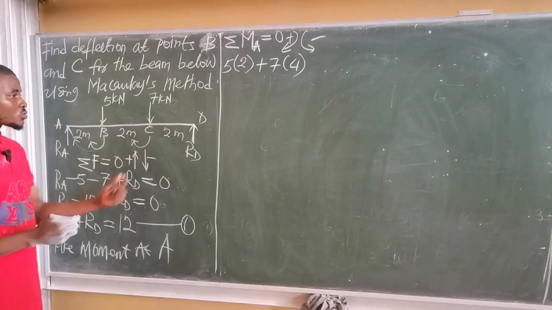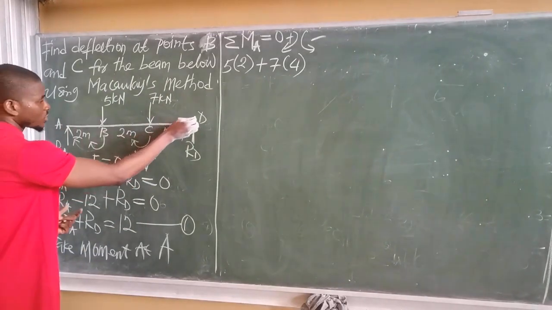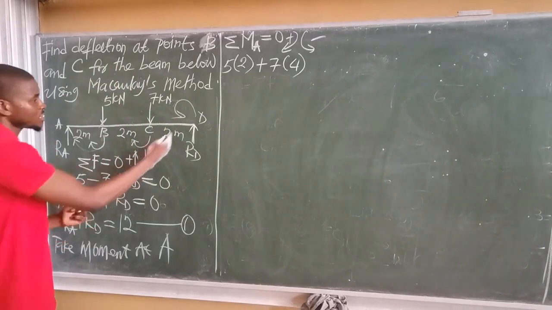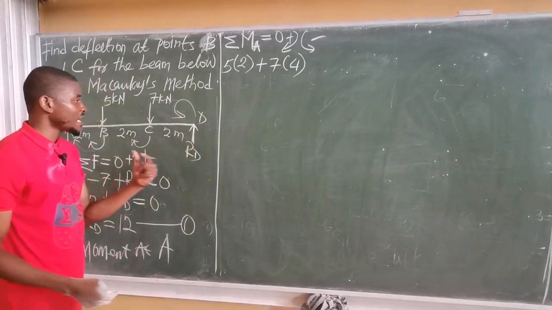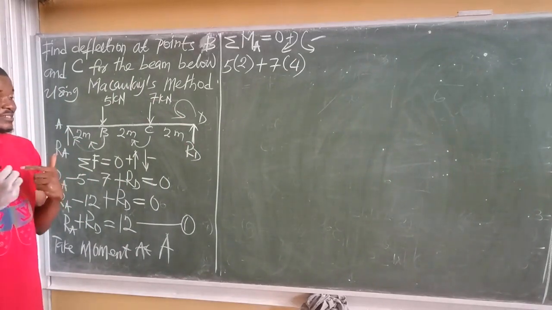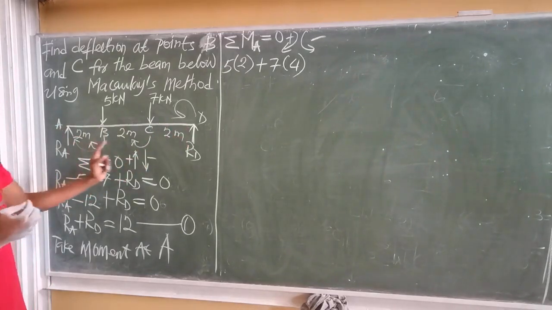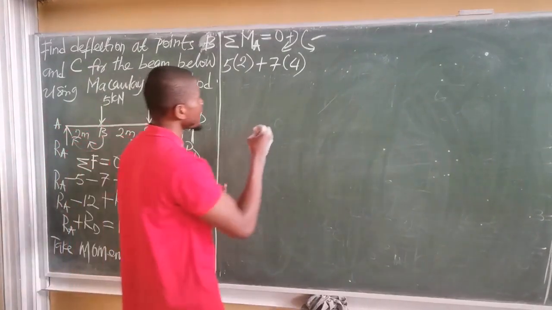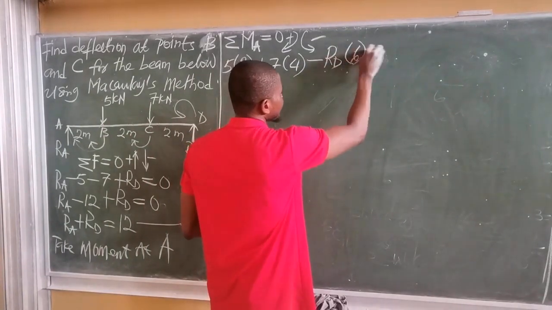Okay, and finally I have the reaction at point D. This force is pointing upward, so the line of action goes upward here. So this force will turn in this direction to take moment at point A. If you notice this turning effect, it is negative relative to our assumed direction, which is to say this force has an anticlockwise moment about point A. So the moment of this force is negative. Since moment is force times distance, the distance it takes this force to get to point A is the total distance of the beam, which is 2 plus 2 plus 2, that is 6 meters. So we simply have minus Rd multiplied by 6,